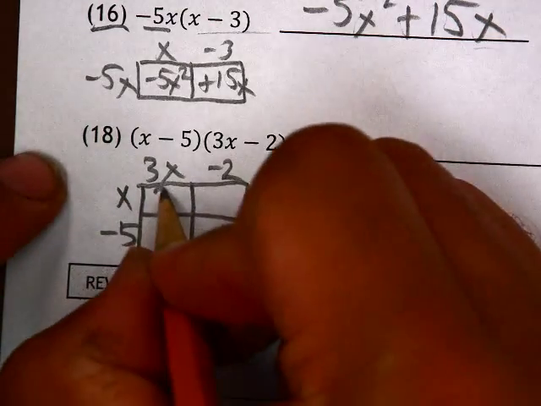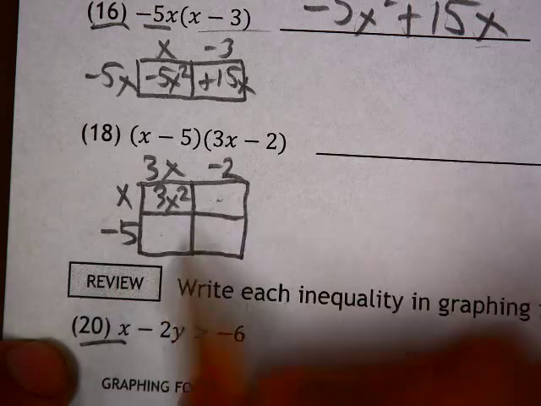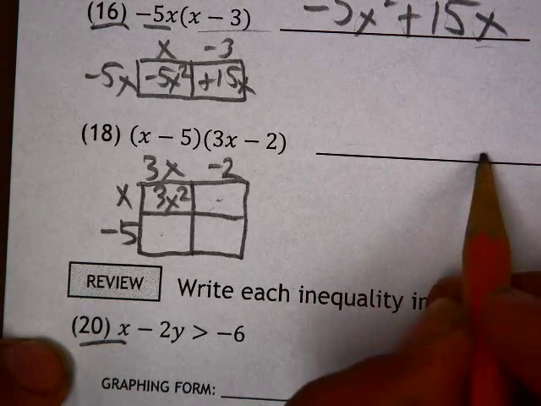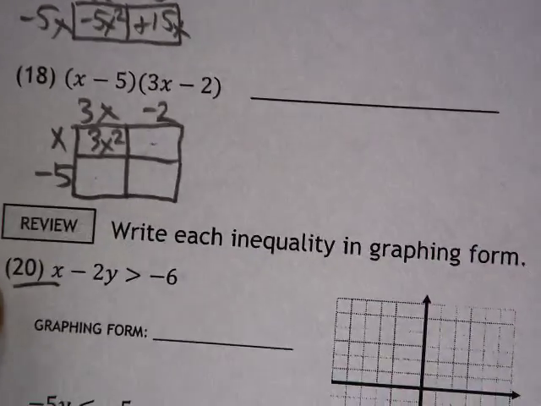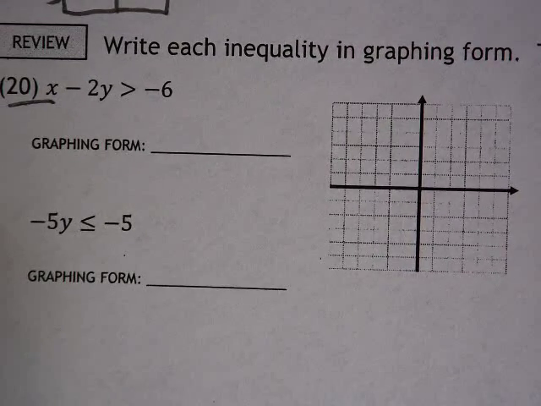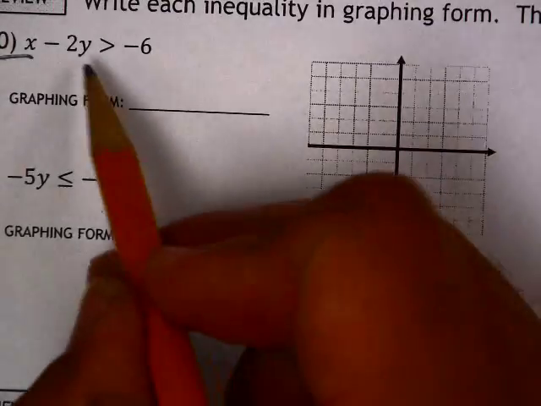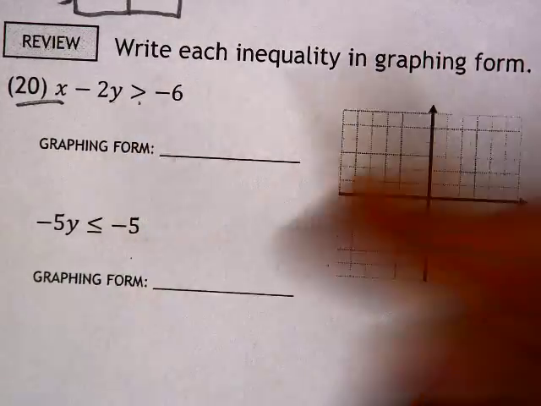3x times x is 3x squared. Fill in the box. You will combine these two terms. You will have a trinomial here. Number 20, graphing form. That usually means y equals mx plus b, or in this case, y inequality mx plus